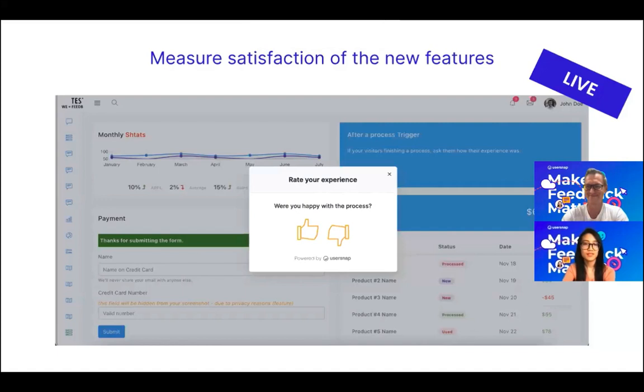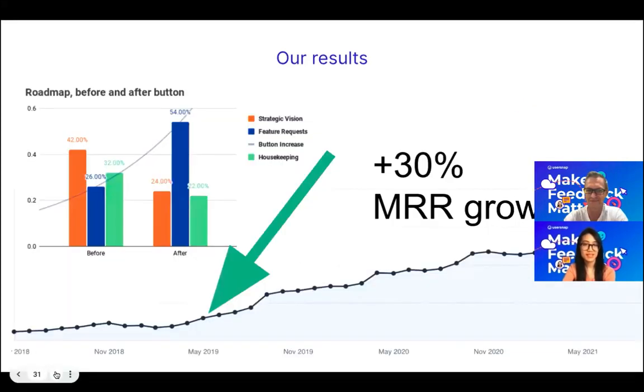Right. So thanks. And then going to the next slide, we want to share our results. Perfect. Right. So,